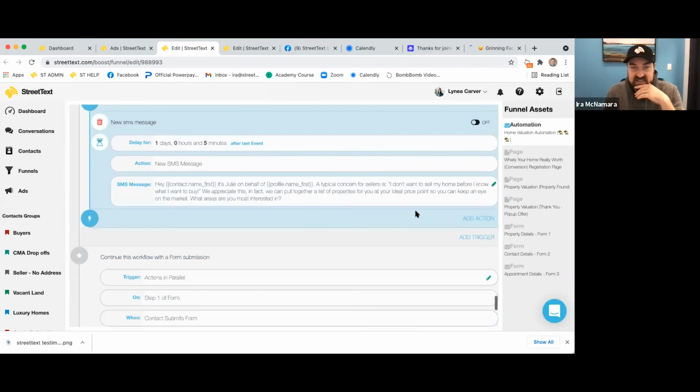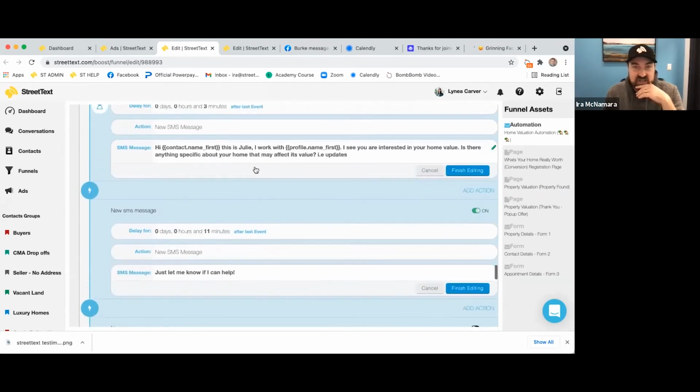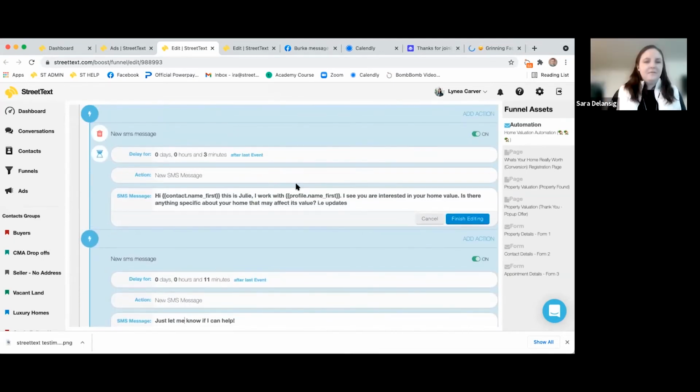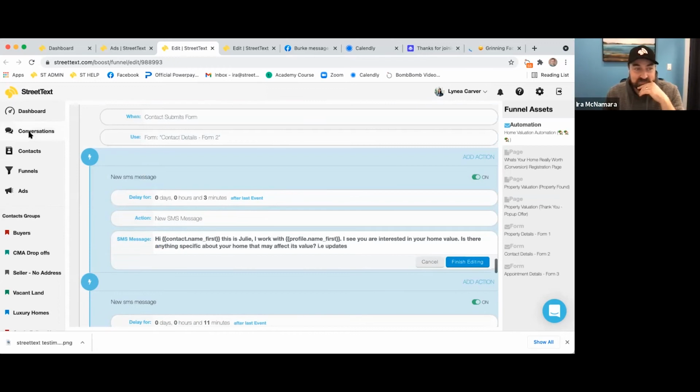So Linnea just has these two going out to see if you can initially get the conversation started. So that's kind of the next part of this. You can work on all these automations and everything. Let's make sure people are getting them. That's a big important part of this. So text messages, when you click on conversations